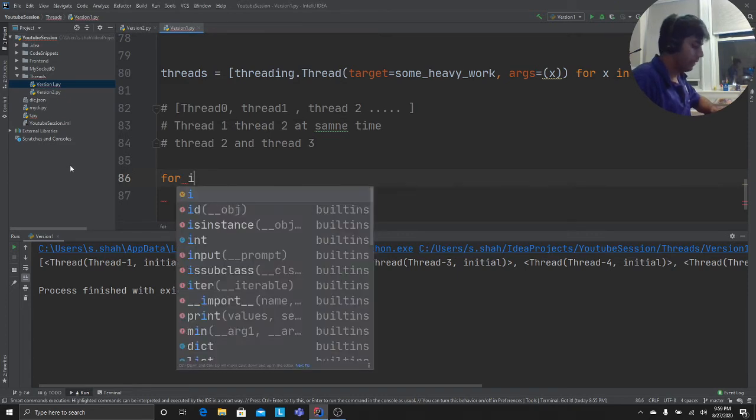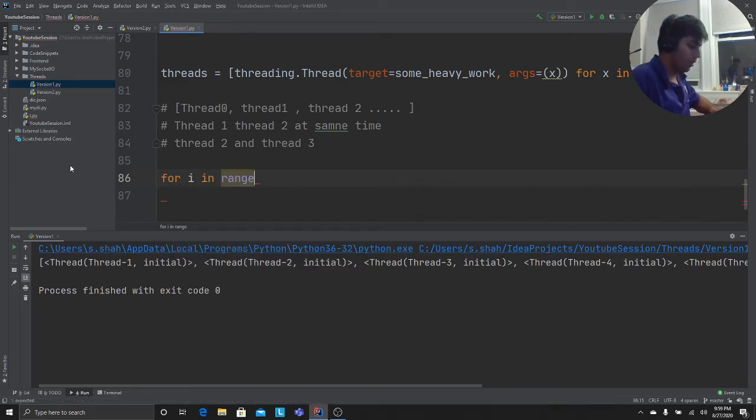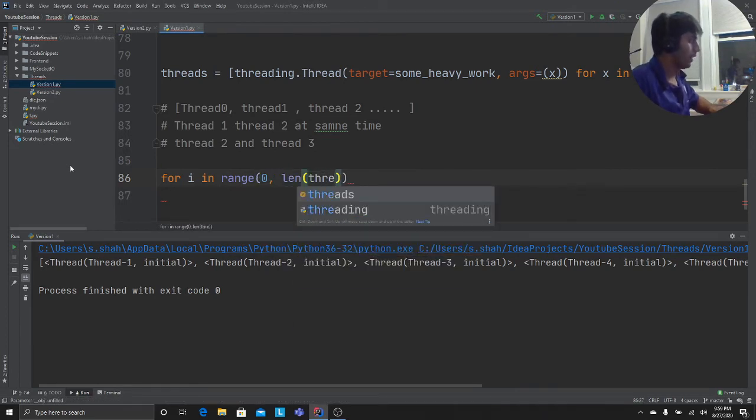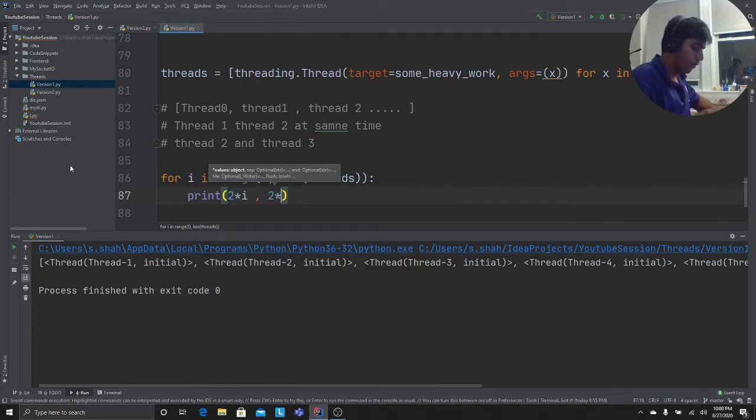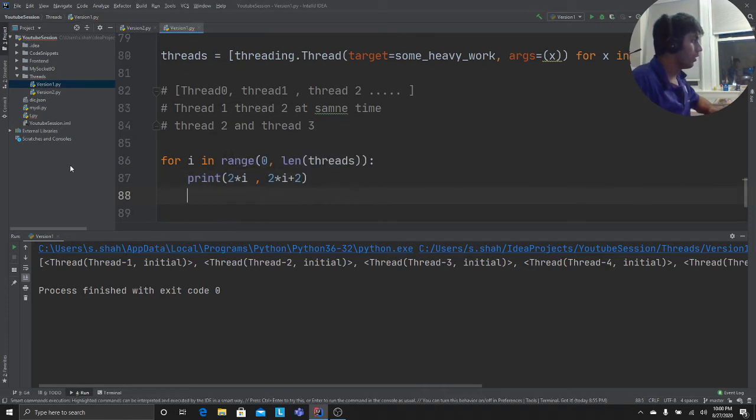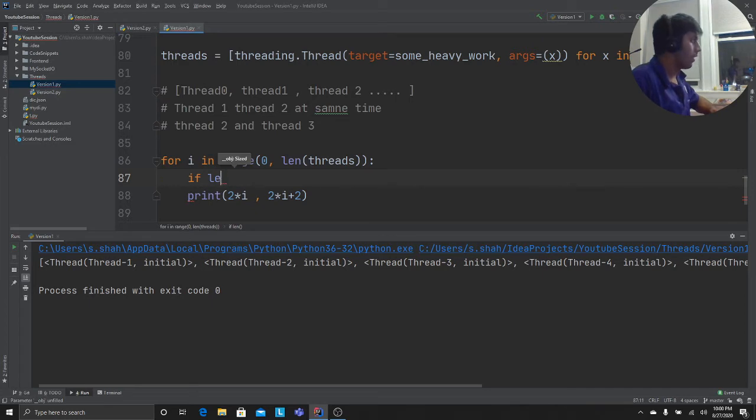So for i in range, I want to get a range of all the threads I have, and I want to develop an equation. Let me see if you guys agree with this. So 2 into i, plus 2. And we do if 2 into i plus 2 is less than the length of threads. Now I'll explain what is going on.